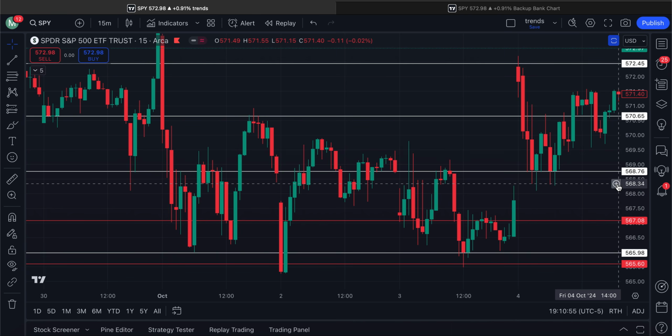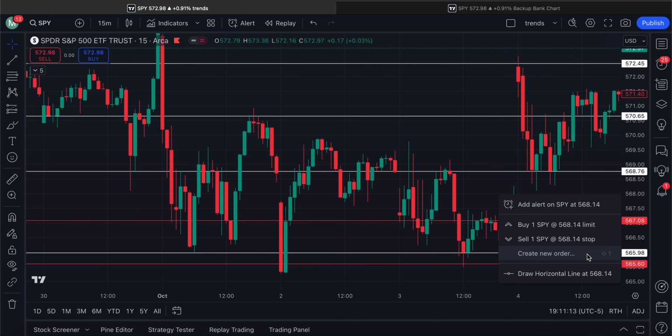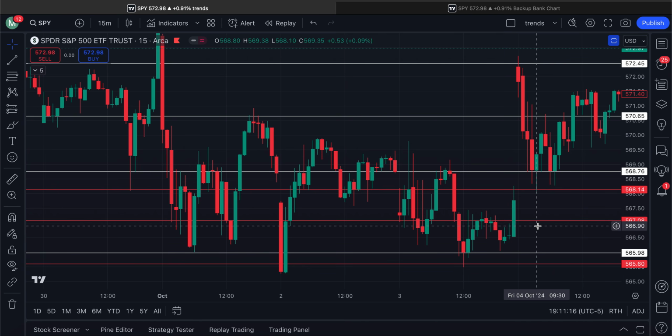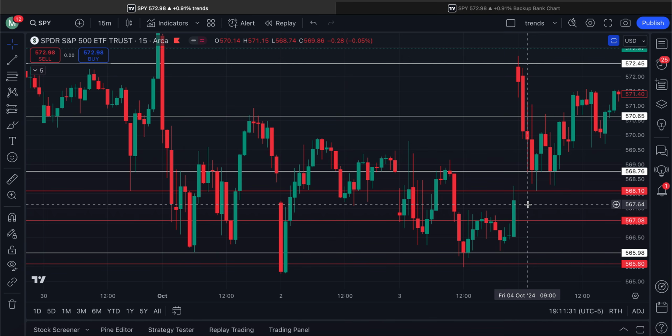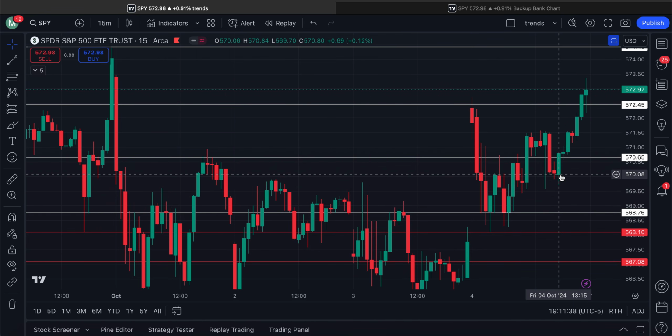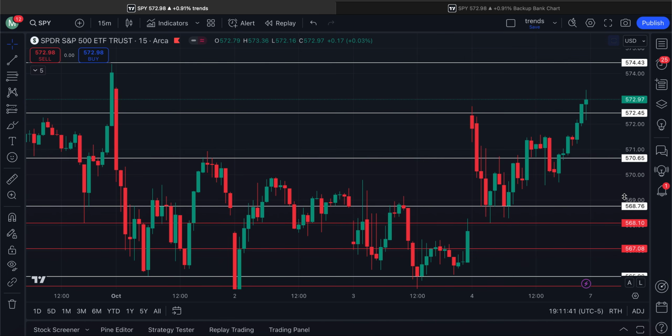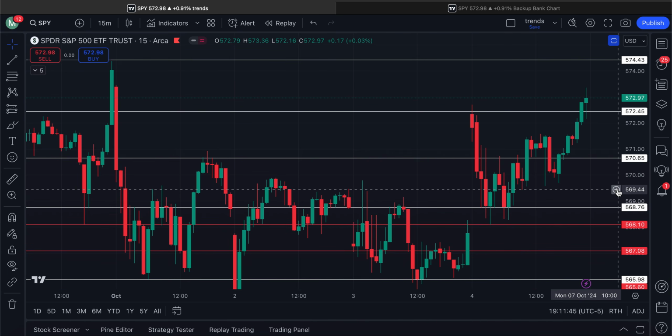568.76 till 568.10 is the supply in that range, and from 568.76 to